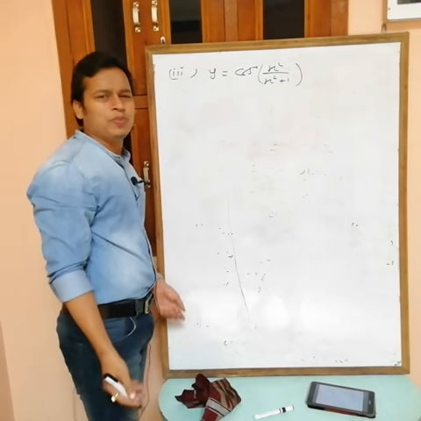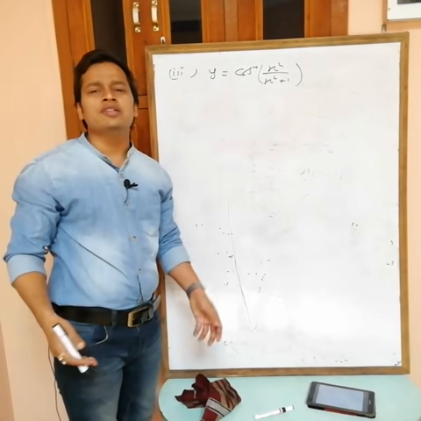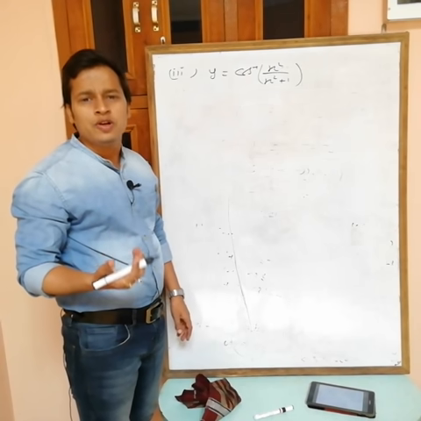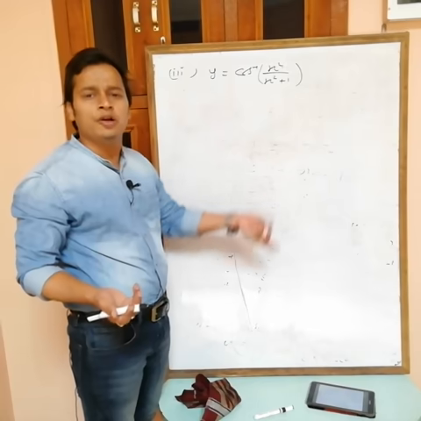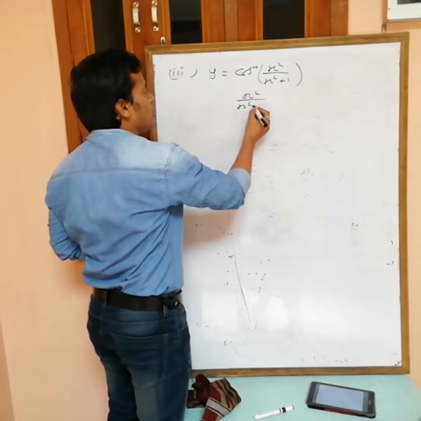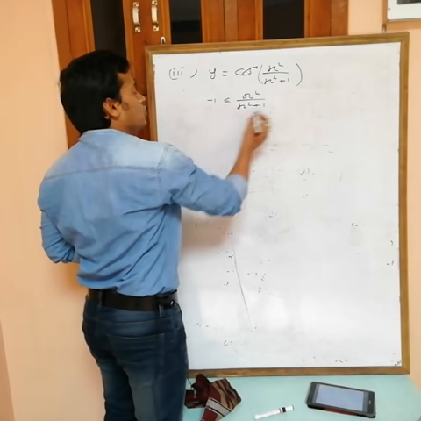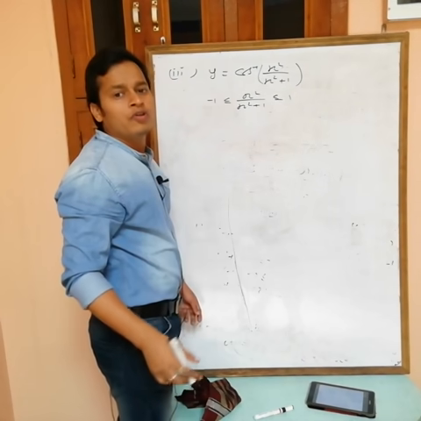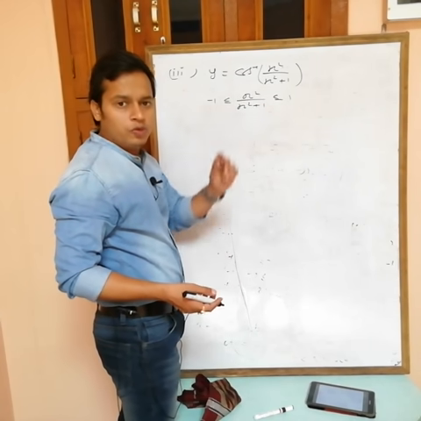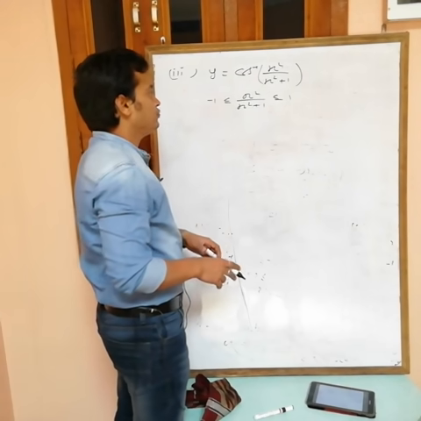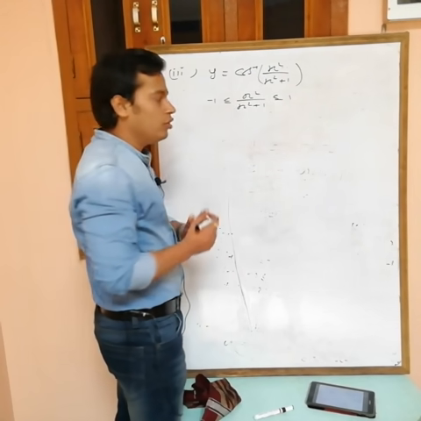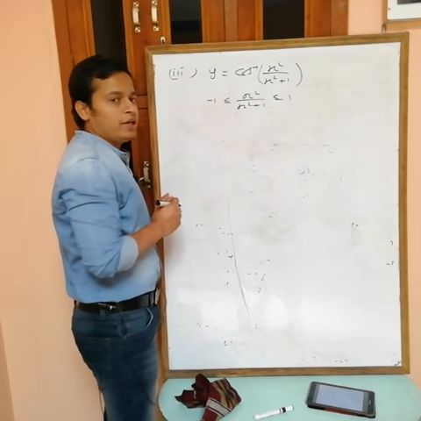Again same thing, just apply the condition. We know that cos inverse also has the domain minus 1 to plus 1. It means you can take only those values of x such that this lies between minus 1 and plus 1. So just apply the condition: x square by x square plus 1 must belong to minus 1 to plus 1. We can't take those values of x for which this is not in the interval minus 1 to plus 1, because when it is outside this interval, cos inverse is not defined. Okay, simple. Now again we have to solve both.